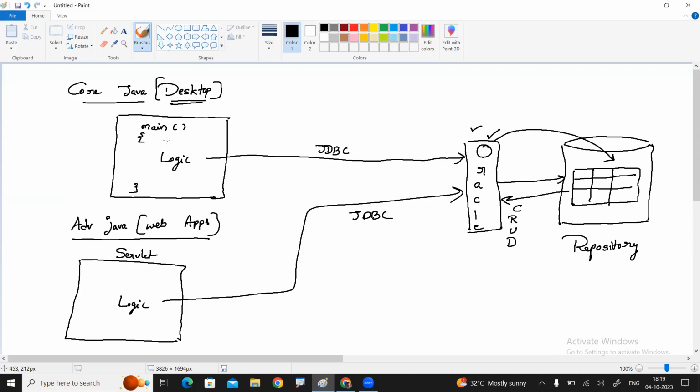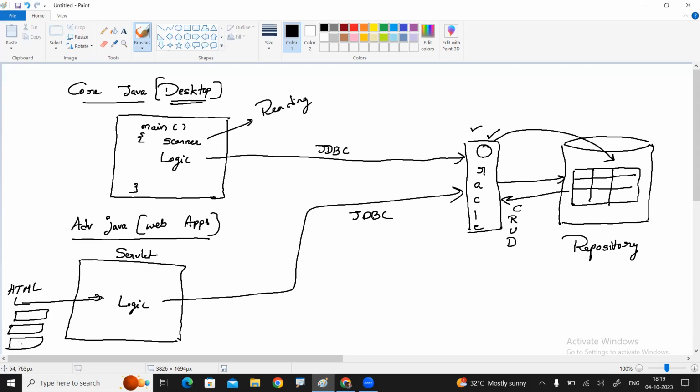But here, if you want to read the data in core Java, we use the Scanner class for reading input or BufferedReader. But in a servlet, we use an HTML file. From the HTML file, you will collect the information, reading it from HTML text boxes and forms, and we communicate.